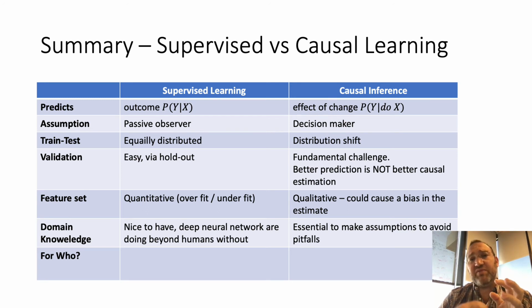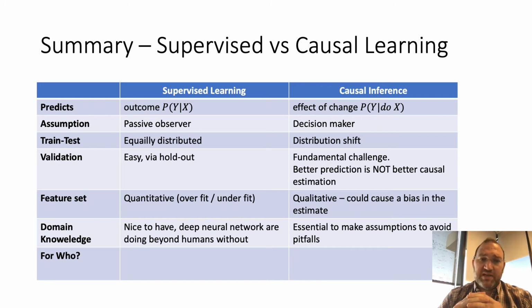So if we take one feature off or on, the performance of the model could be better if we are underfitting, but if we are overfitting, then taking some features out could help the performance. But in causal inference, the feature set is detrimental. If we take some variables out, we could have biases. If we put some variables we shouldn't put in the model, we could have a bias. So making sure that we use only the features that we are allowed to use in the estimation is very